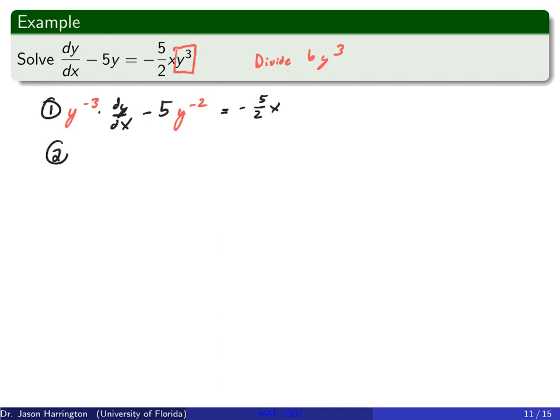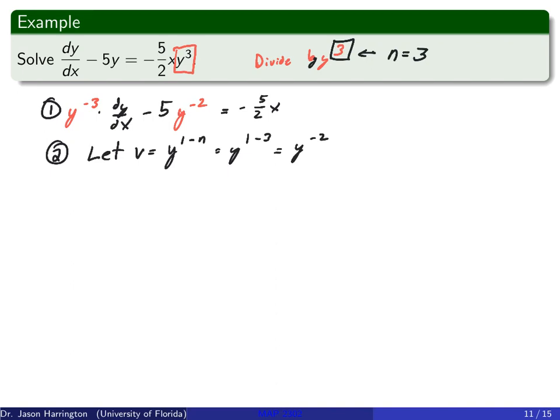Now in the second step, recall that we have, when I say divide by, oh, that's cute, I used y as by as well as the y cubed. That's totally incorrect. I just used that y too many times. But we have y to the cubed. This is our n. So we say n is equal to 3. And so what you say is I want to let v equal y to the 1 minus n, which is equal to y to the 1 minus 3, which is equal to y to the negative 2.